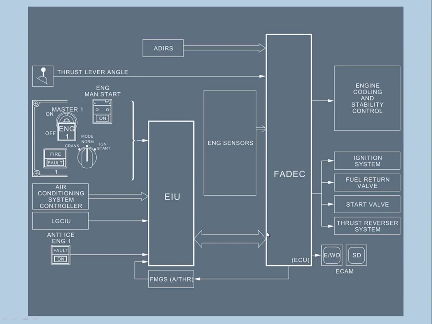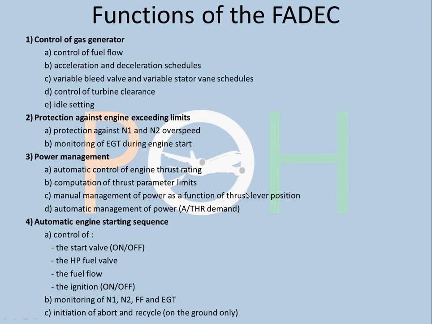Accordingly, if there's more air conditioning demand, the FEDEC will be told, and hence it will process a higher engine thrust setting. Now the FEDEC is responsible for showing any warnings on the engine warning display and the display on the bottom ECAM, and ADRS gets direct information from the FEDEC. Okay, so this is what the architecture looks like. The functions of the FEDEC are way too many, but we will try to discuss the main ones.